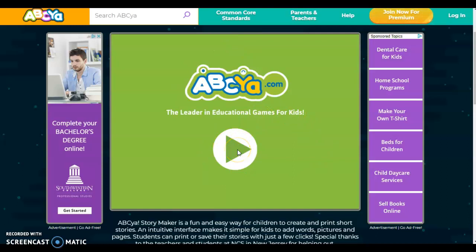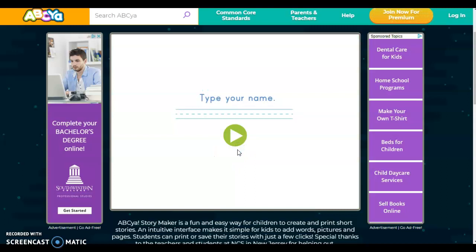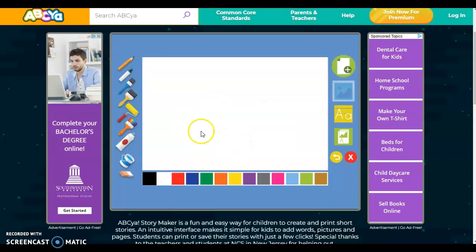So they all start with a play button. They all also have nice music to them. Some of them have directions that they need to be listening to. So if you have multiple students doing this, you do want to have headsets so that they can focus in on their particular device and not listen to everyone else's. But we have play. We type in their name, hit play, and you start with a blank canvas here,